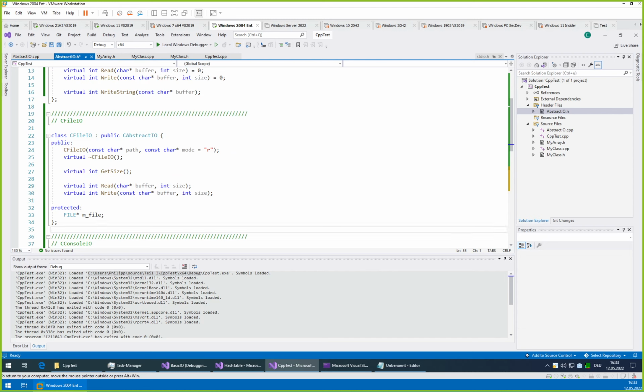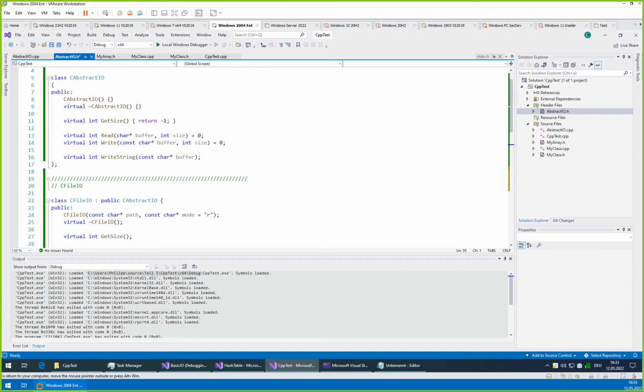Of course, if you are using some larger framework to do so, for example the Qt framework, there in fact are such things already pre-implemented for you.